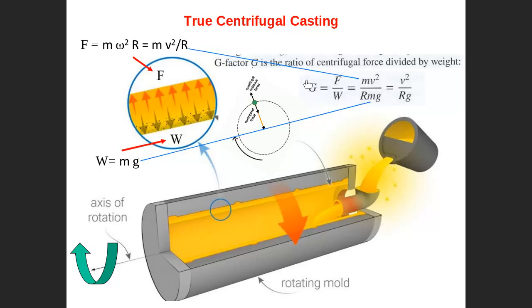Actually, they would like to keep G between 60 and 80. Somebody said this number is very high. Yes, to get the perfect cast and get full dense casting, a low porosity casting, G is usually not only bigger than 1, but usually G ranges from 60 to 80. This is a recommendation in centrifugal